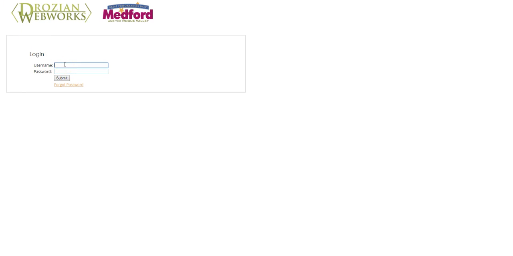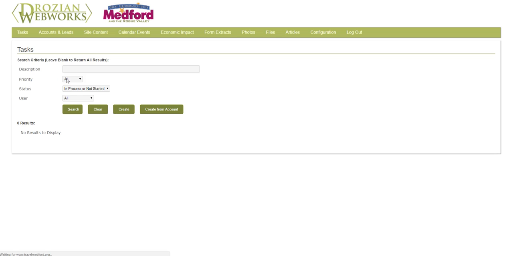Okay, I'm going to just walk you really quickly through some of the basics of the admin console. I always laugh because we really keep it very simple, so demos tend to get boring fast since there's not a whole lot to show. So I'm going to show you Medford's admin console, and they might have a little bit more than you guys use, but as I mentioned, we build the admin console for you. So you might have more elements than they have or less. It just depends on what you need and how you need the system set up to work best for your